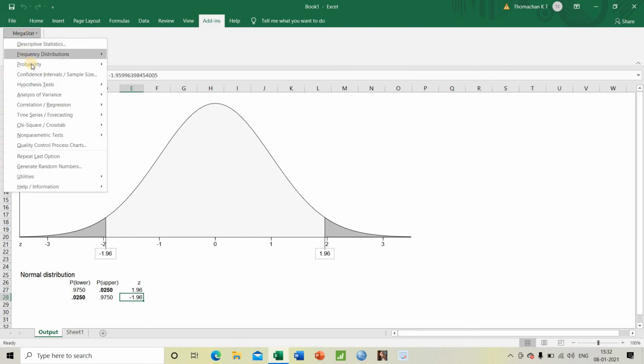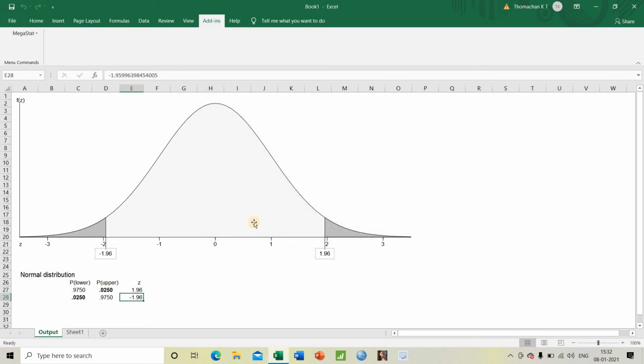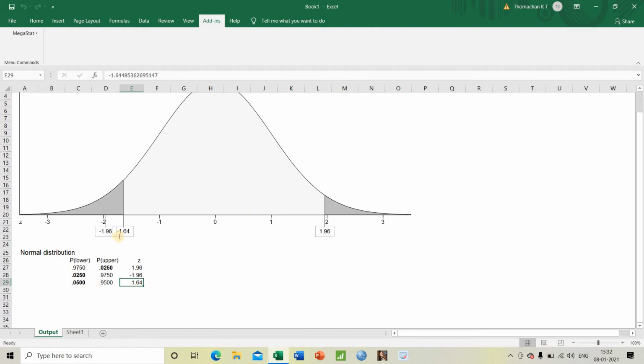Now, if you want this area in one tail, say lower tail, you click lower tail, OK. The critical value is minus 1.64. The area below minus 1.64 is 5%. That is, when we go for hypothesis testing, if alpha is fixed at 5%, for a